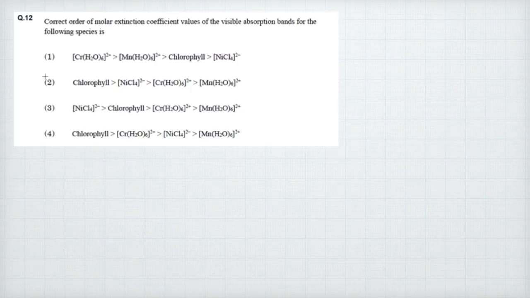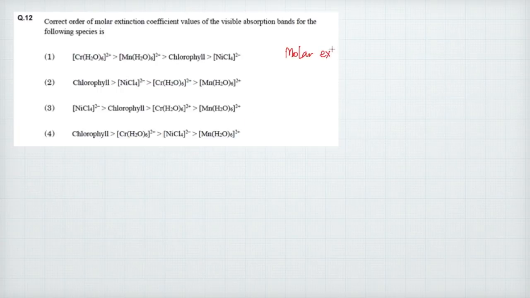Alright, talking about this particular question, it says the correct order of molar extinction coefficient values of the visible absorption bands for the following species is. Now you are given four different types of complexes, and it is asked what is the order of molar extinction coefficient. A few things you need to understand over here is that your molar extinction coefficient,